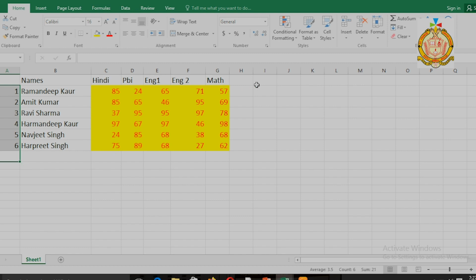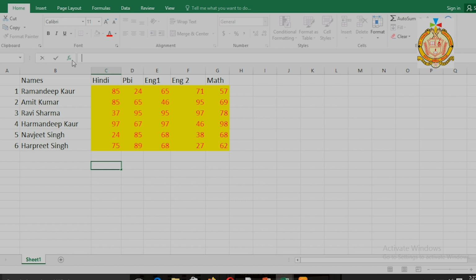If you want to find out the highest value, like for Ramandeep Kaur, in which subject she got the highest marks. Otherwise, if you have these students, and you want to find out among 6 students who got the highest marks, then it's very easy.